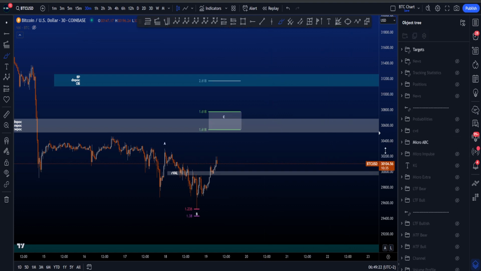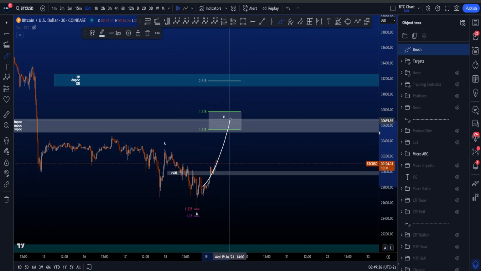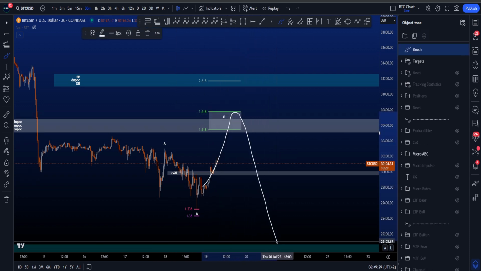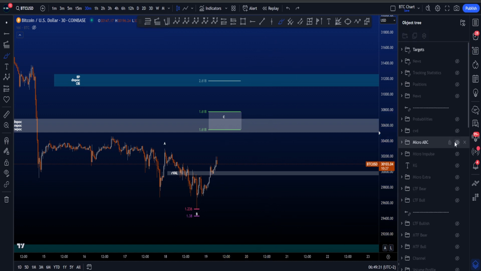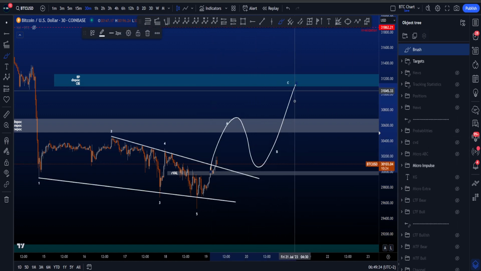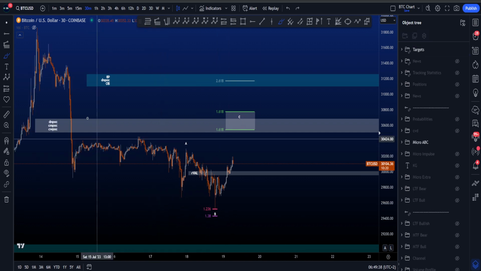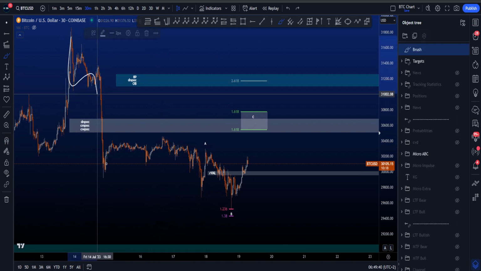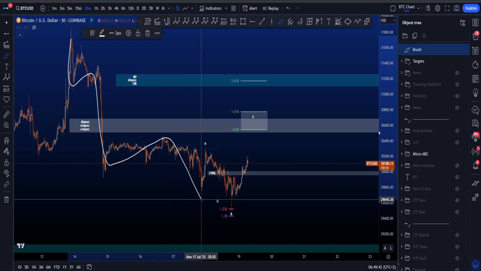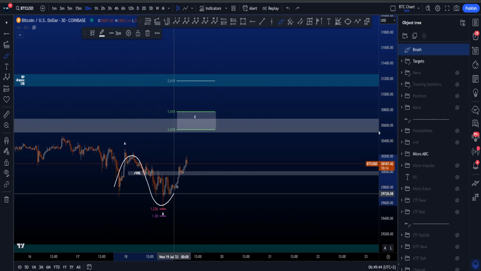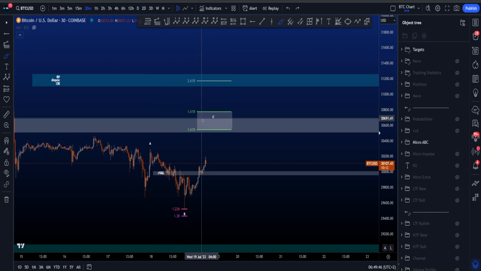If we go to an ABC scenario, which is a little bit more bearish, then we are looking for an impulsive structure to the upside, after which we get a return to the downside. So in the other scenario here, we're looking for a 3-wave structure, while in this ABC scenario, the end of this impulsive structure over here is a 1, 2, 3, 4, 5. And then you have an A, B, and then a wave C to the upside,